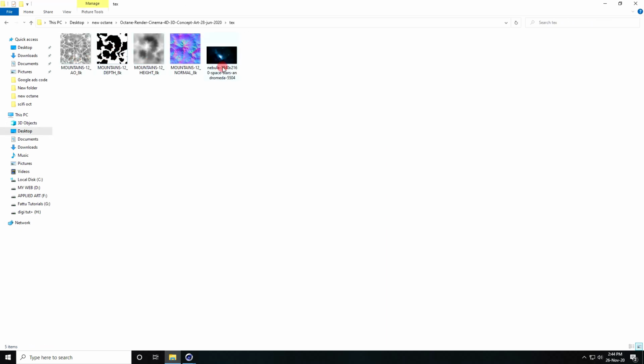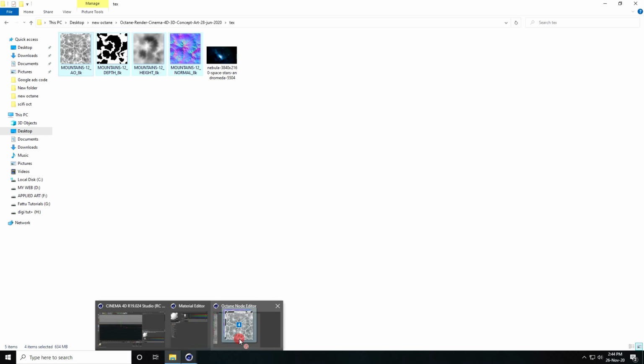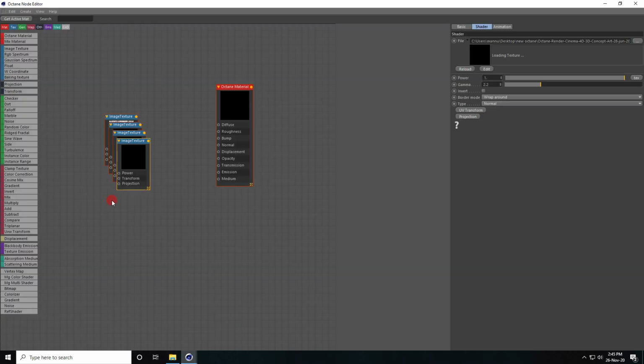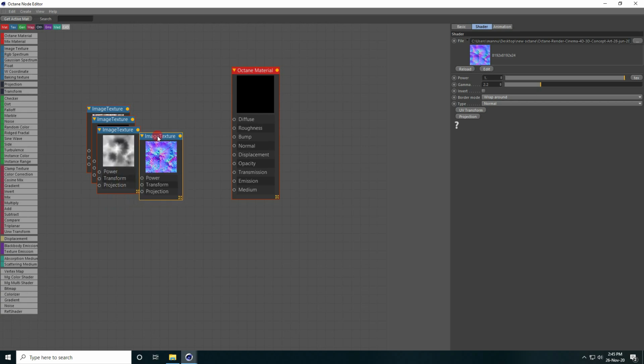See guys, that's my mountain texture. You can download this texture from my website. It's free. So select all 4 textures, drag and drop in node editor. Apply them one by one. That's my normal map and connect with here. This one, yeah, and second one,